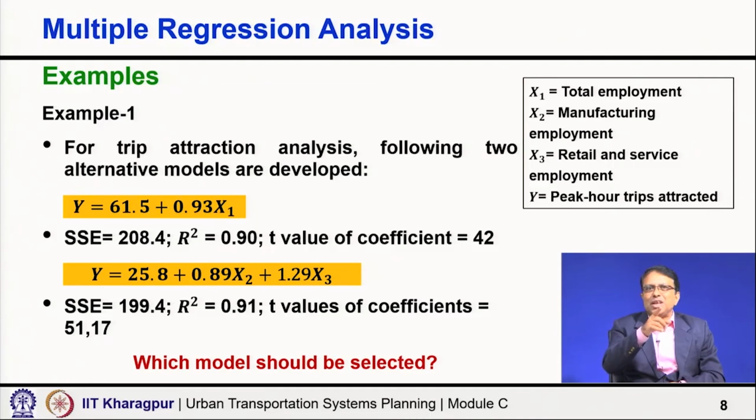and looking at the variables, in the first case it is the total employment, in the second case there are two different categories of employment. If I am not getting any significantly better model, then I must use or accept a model which I can apply easily in the future. So, I am now thinking beyond all the checks that in the future I have to apply. I have to predict or forecast my independent variables. So, which one will be easy for me to apply? Based on that I will select the first model. So, with this,